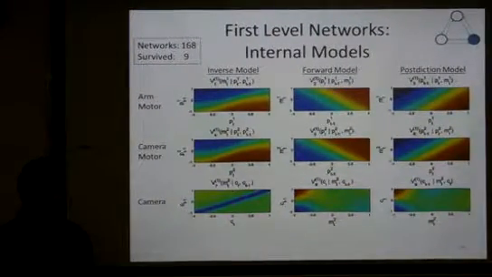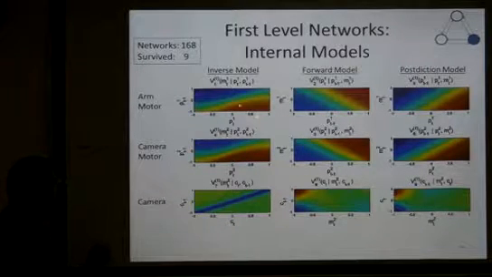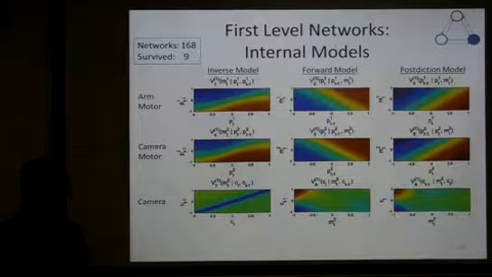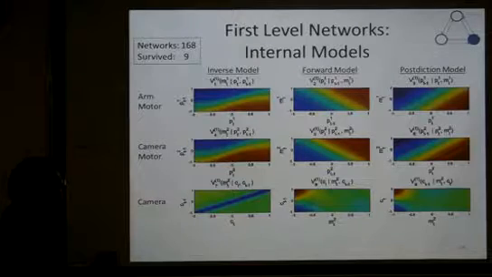It's what is called internal models. So let's see what this is. This one takes the position of the arm motor camera now, and the arm position in the previous time step. The color code is the motor command of the arm, which is the inverse model that I talked about. It's predicting what's the motor command that generates this action. And this is the forward model: given the current position and the action, what will be the next position. And there is the other one, which is called post-diction: given the motor command and where I am right now, where I was. It's weird, but what can you do. So these are the 3 that survived. We have 3 for the arm motor and 3 for the camera motor.